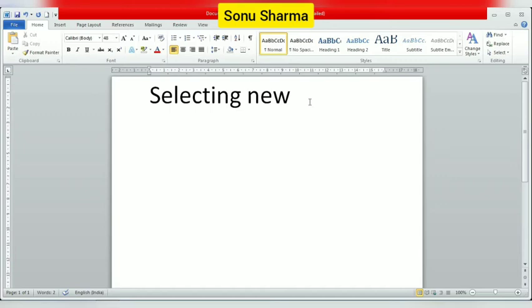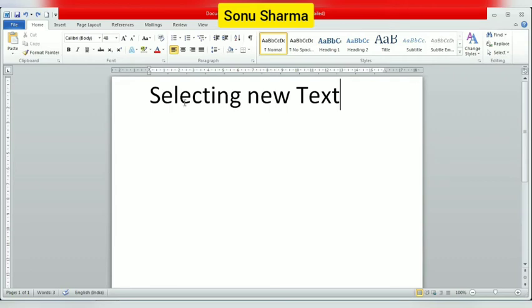Now we will see what the undo and redo commands are. Undo means to reverse the last action performed. The last action was that we deleted the word text. So how to get back that word? You will go to the undo button. Where is the undo button? You can see here, this is the Quick Access Toolbar. Here you can see the undo button. Here it is written undo, and the shortcut is Ctrl+Z. So you have to click on undo, then you will get that previous word. Okay, click on that. See, you got the word text. Again you got this word. So the undo command is used for getting back the last action performed.